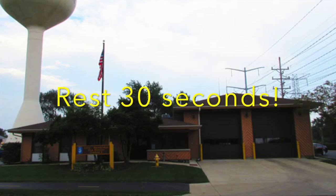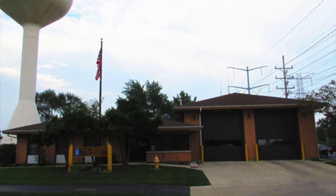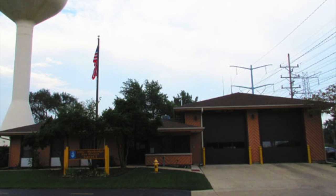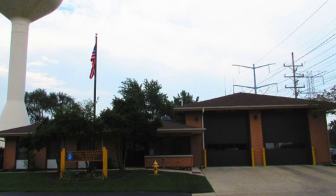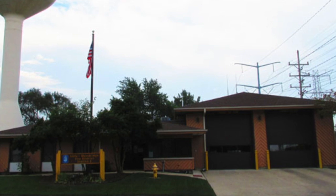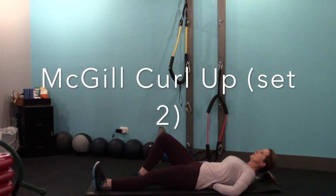We're going to rest for 30 seconds and then we're going to do one more set of the McGill curl ups on each side. Just a reminder, you're lifting your chest. Here's 10,